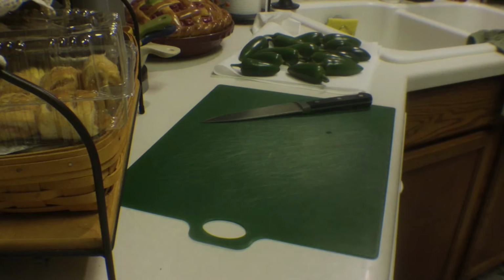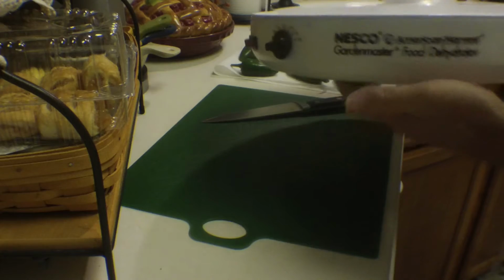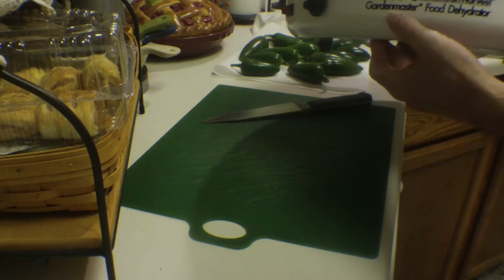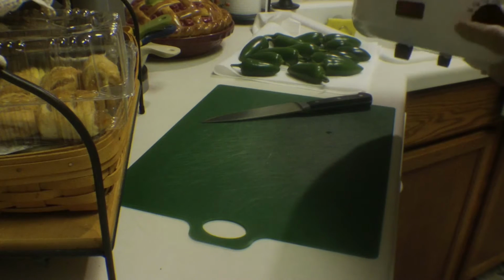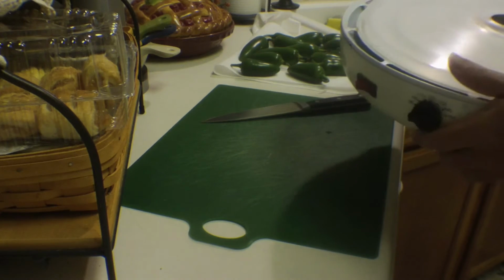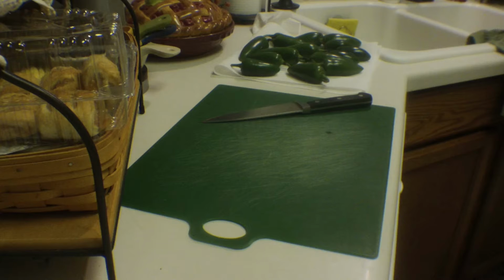I have this really nice dehydrator. It's called the Nesco American Harvest Garden Master, and this thing is really something. I really do love it. I only use it for making beef jerky,